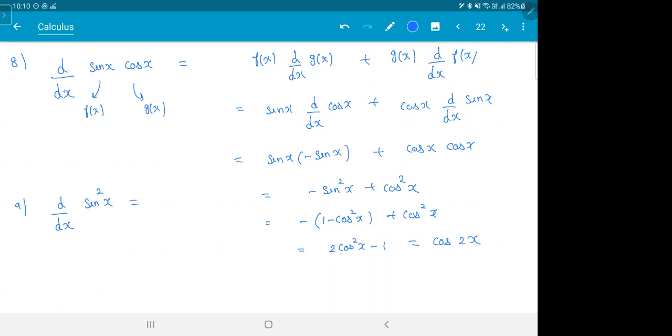This is that identity which I told you in trigonometry. You have to remember this cos 2x formula. Comes multiple places. And I'll teach you a faster way to do this thing. You can actually do this in a third method. It gives the answer very fast. But for now, let's use this identity and do.